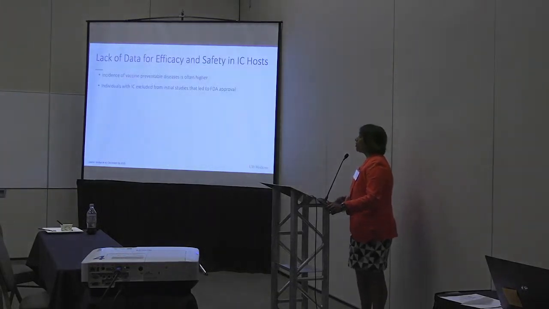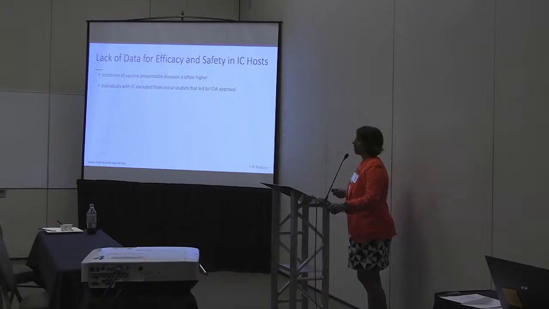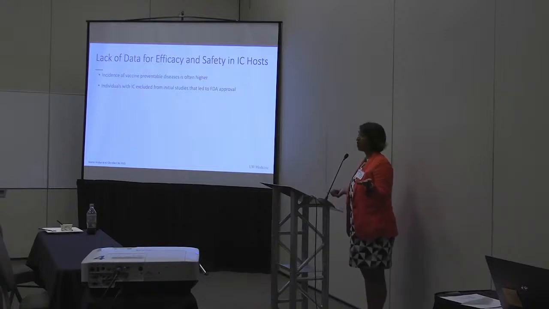So we know that immunocompromised hosts can have an increased incidence of vaccine-preventable disease, when we think of things like even pneumococcal disease and other diseases. But as I mentioned, they're often excluded from the initial studies that led to approval by the FDA, so we just don't know. And sometimes there's just a blank box in terms of recommendation. We saw that for a long time with HIV actually, and zoster vaccine, where there just really wasn't a recommendation. So people didn't know what to do in the absence of a recommendation, and sort of had their own practice, because there wasn't data to guide what to do.